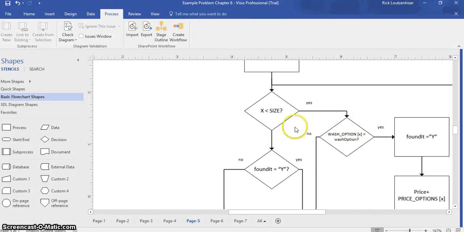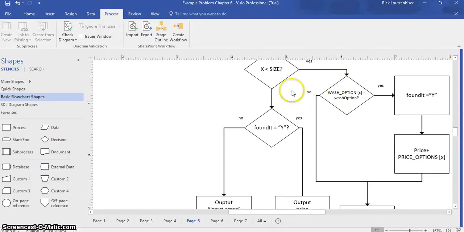So here's the loop. Is x less than size? Size is 8, so what that means is I'll go through 0, 1, 2, 3, 4, 5, 6, 7. I'll come around one more time where I've increased x to 8, and it will no longer be less than size, it'll actually be equal to it, and I'll drop out. So let's go into the yes part of that loop. In the yes part of the loop, if the x value is less than size, then